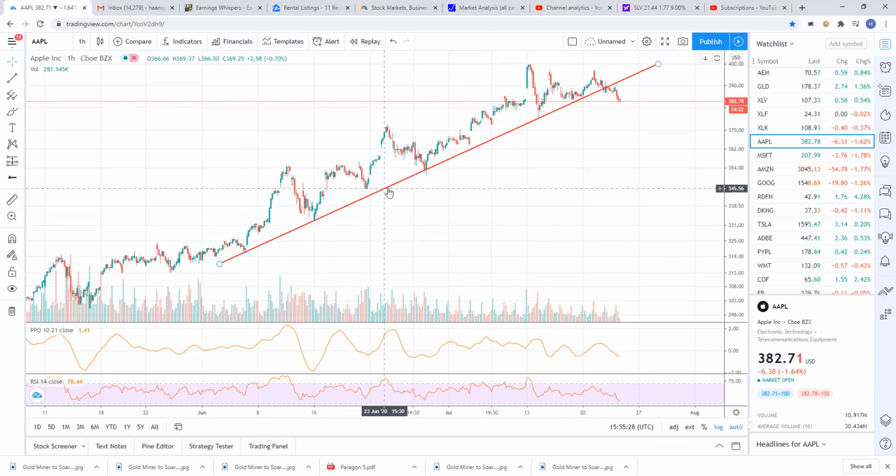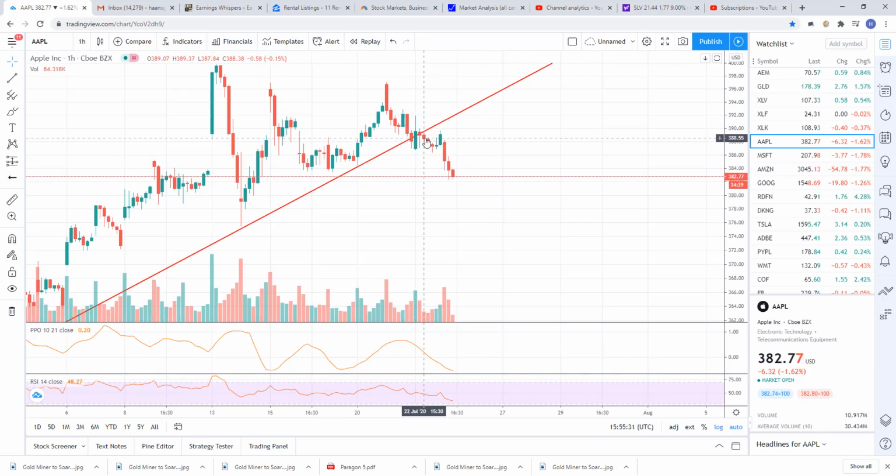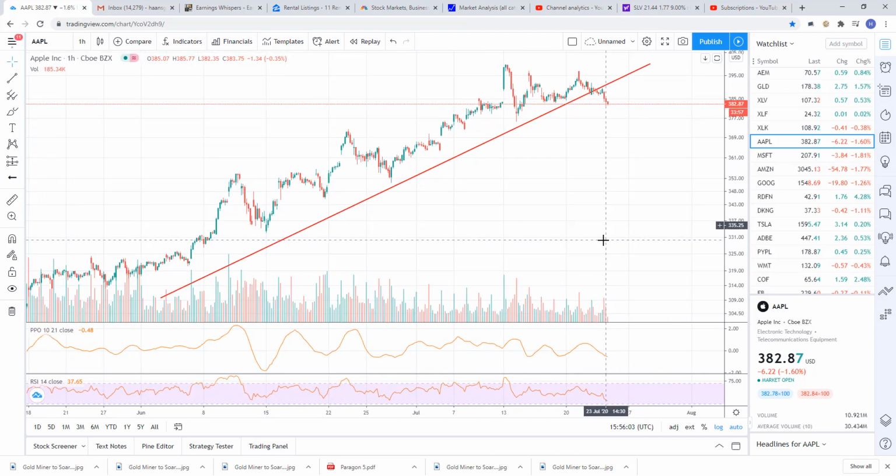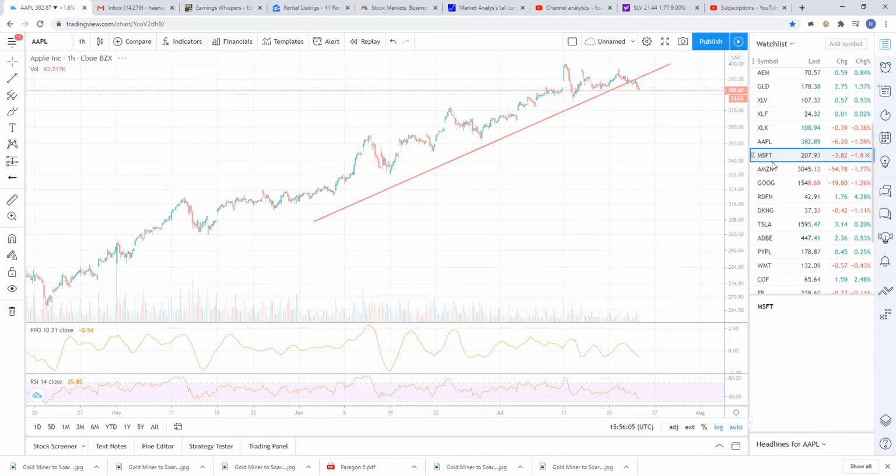So here's your uptrend line in Apple, and we broke it the other day, and like I said, if we can't recover that soon, we're probably going to start to move down. Now, earnings could be used to pop it up to a back test. That's an objective area to potentially add to a short if you're already short. I'm not short this one, but if it does pop up on earnings, you could short on a back test, and that would probably be the high, a pop or a back test, and then it's going to start to roll over longer term and trend down. Let's look at Microsoft here.